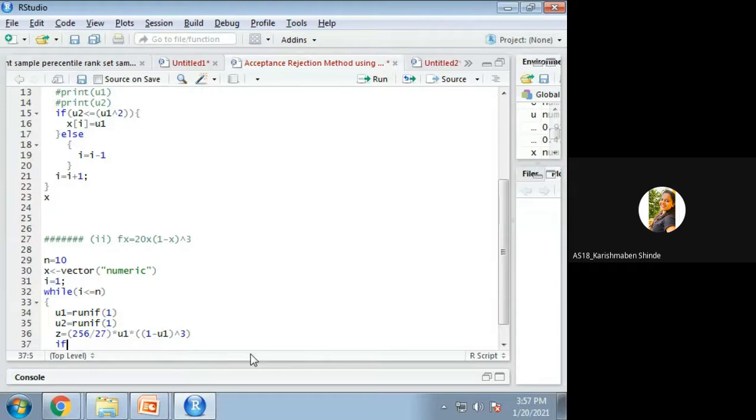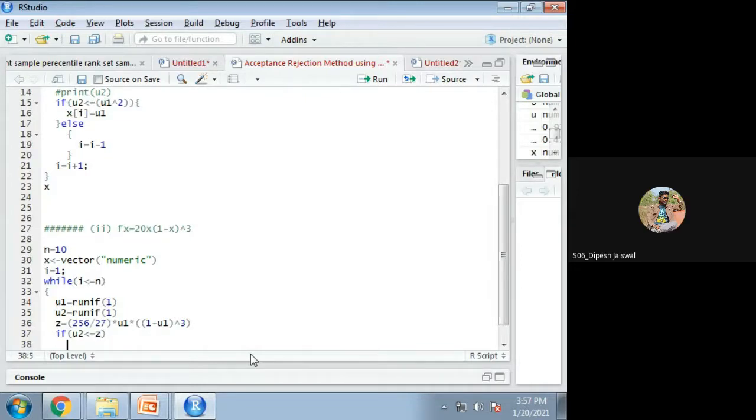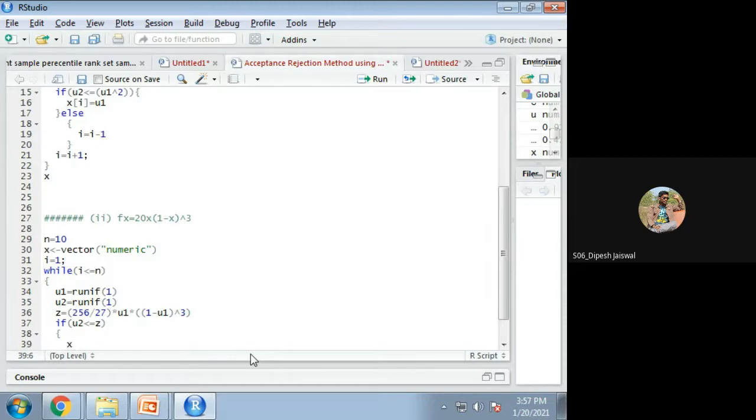So now what is my condition? If u2 is less than or equal to z, then I have to assign x of i equal to u1.